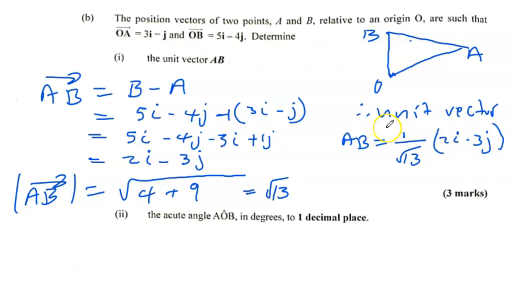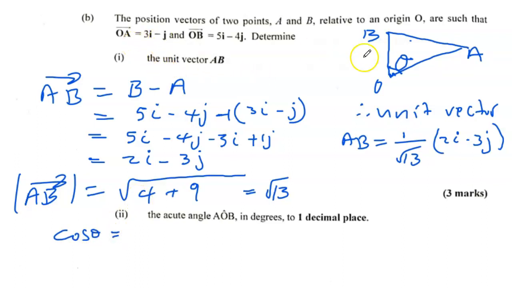Part 2, calculate the acute angle AOB. Notice AOB is where the vector OB and the vector OA intersect. So let's call the angle theta. We have a formula for that. So cos theta would be